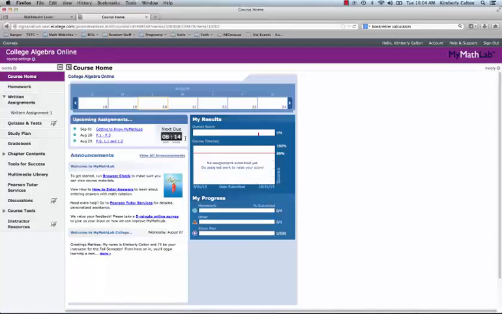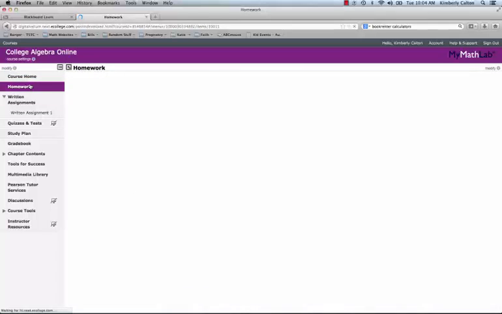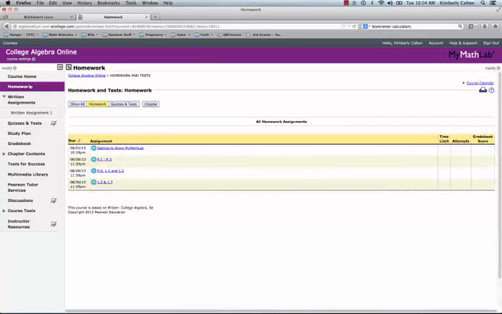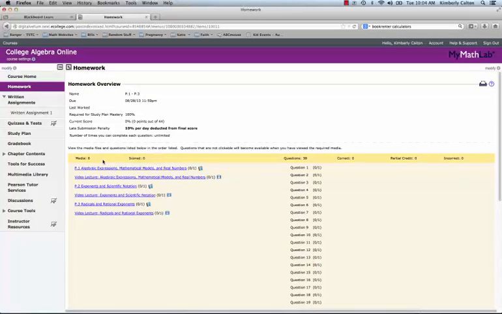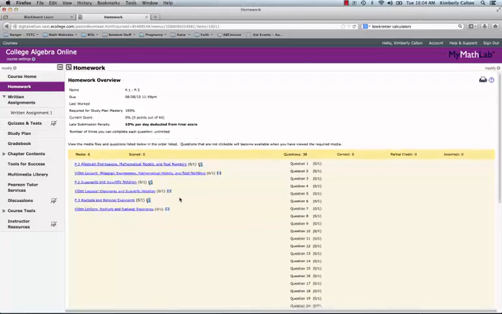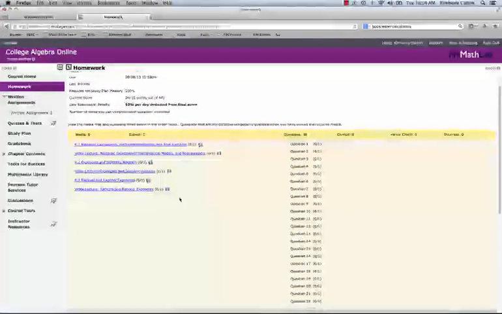So once you make it to MyMathLab, you're simply going to go to Homework. And you'll see that right now there are 4 pieces of homework for the first week. So what you need to do is go through each one. I'm just going to skip the Getting to Know MyMathLab, and I'm going to click on P1 through P4. So notice that we have all of these to do.